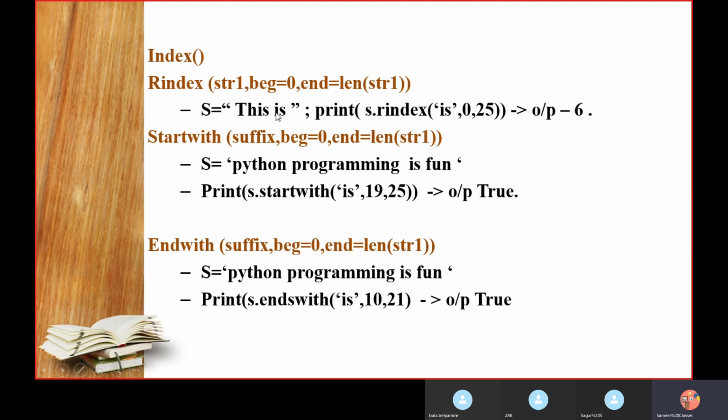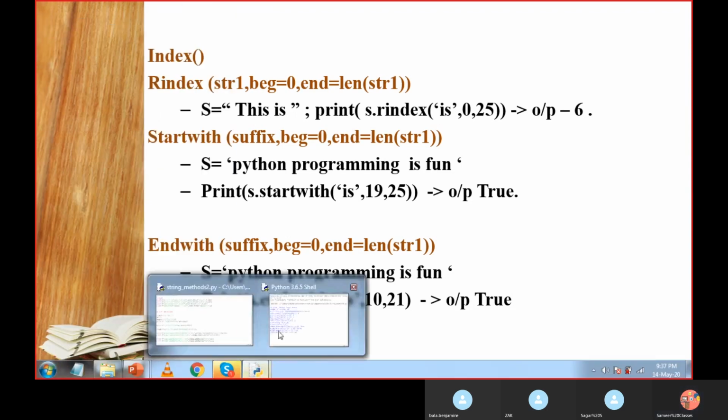Why am I talking about 6? Because I have taken it, so I'll give the first priority to I only. That's the reason 6 is coming as the output. If I am finding it out, what is my rindex of it? So here in this case, if suppose I would have written